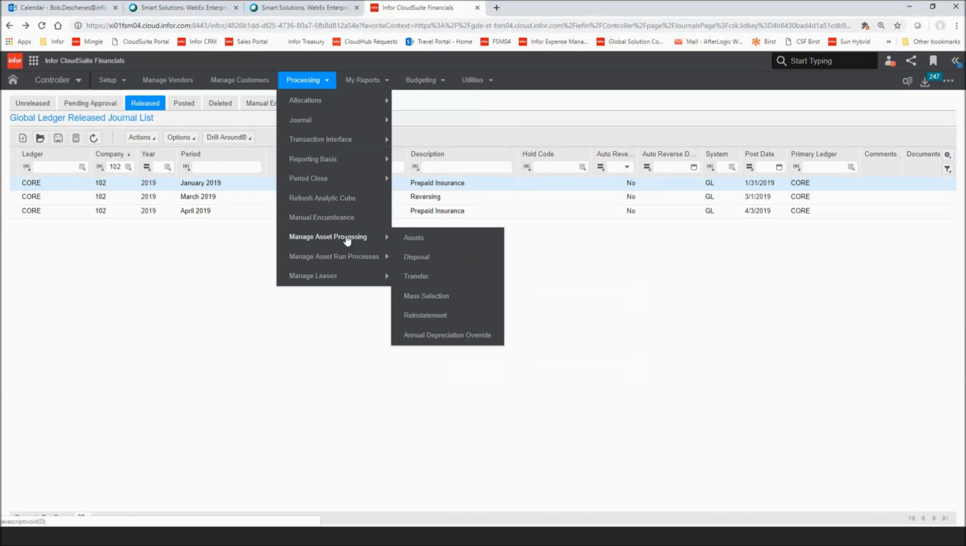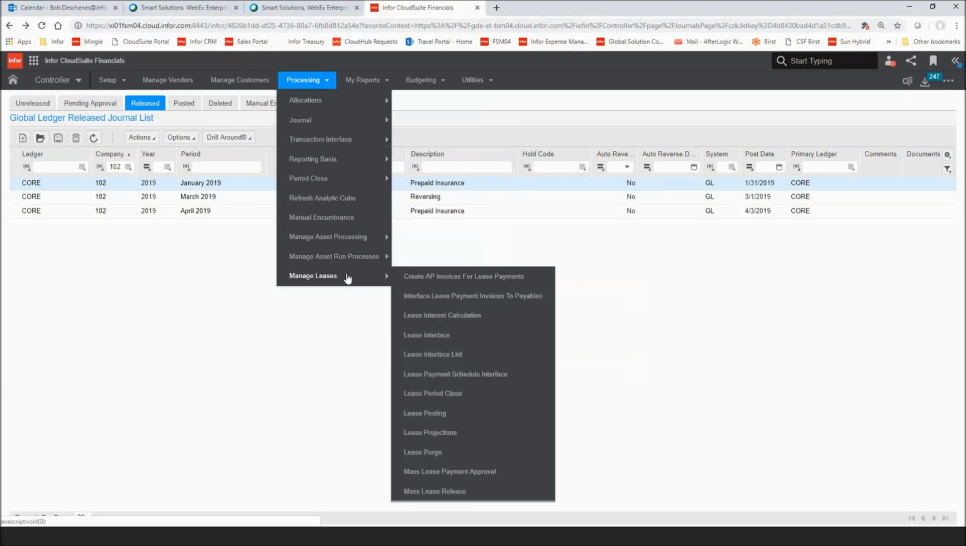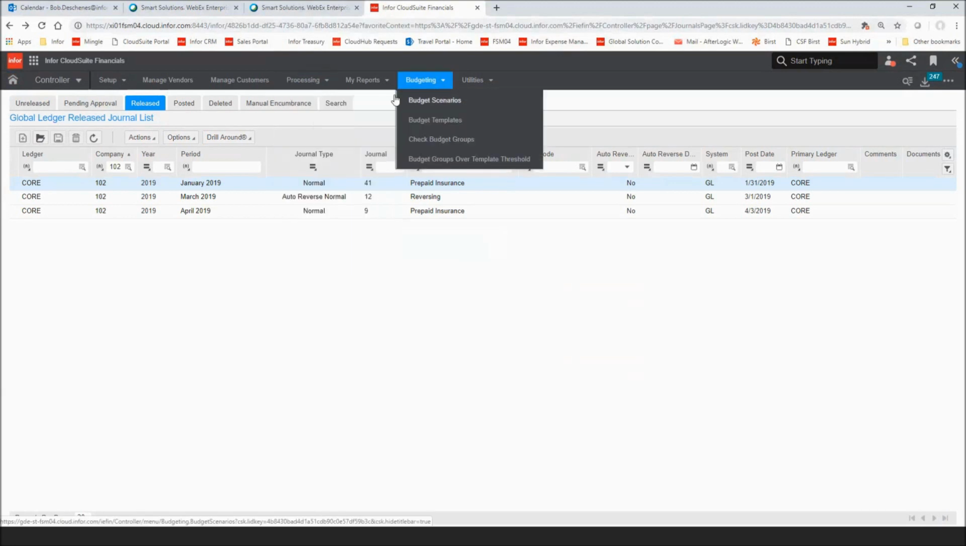As a controller, you may do certain things specific to looking at asset information, as well as leases. You have the ability of tracking and maintaining leases within the system. So there is a complete leasing capability within this environment. The interesting thing is that depending on